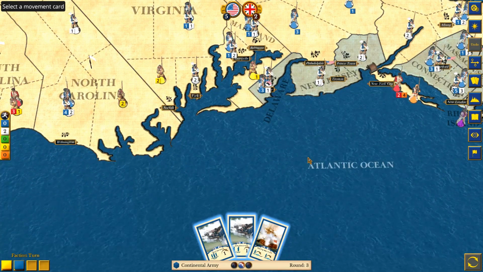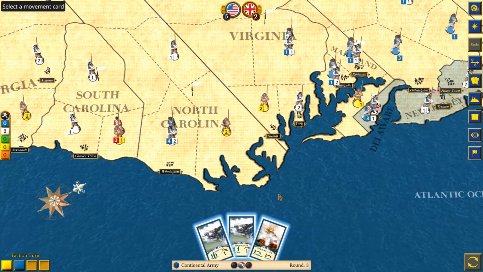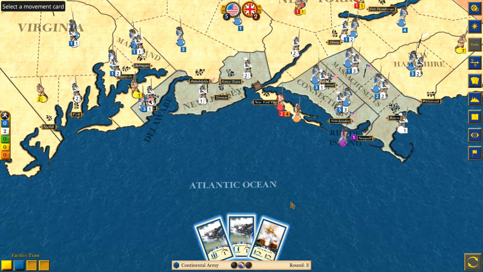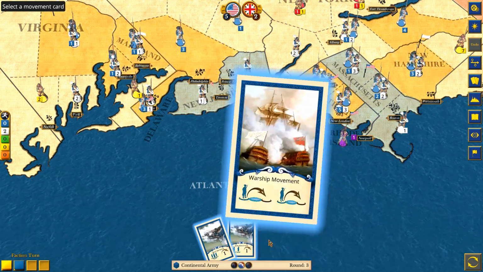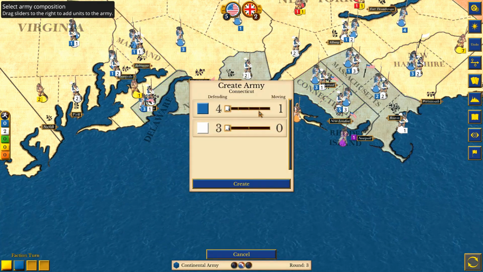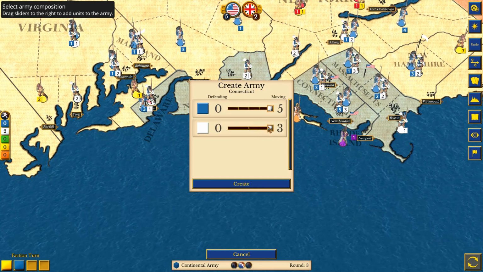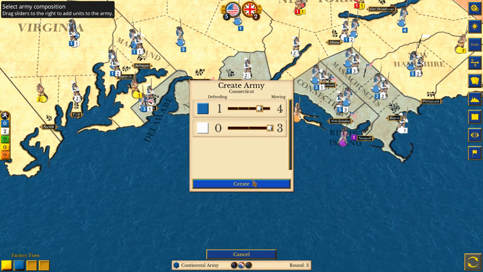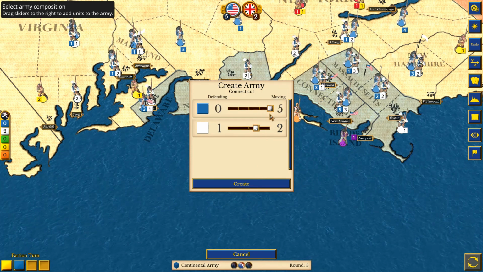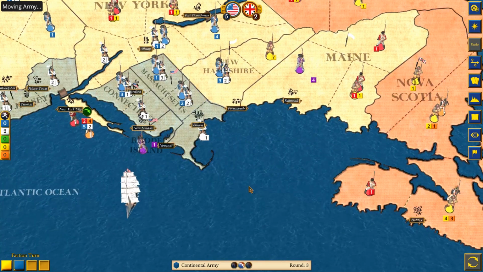some sea movement. And where should we... Yeah, I really want to take back New York this time, so we're going to take a couple of movement by warship here. And we'll leave behind a regular, I guess. Well, no, we'll take a full strength. We're going to land right there. It's not very adventurous with that guy, but...